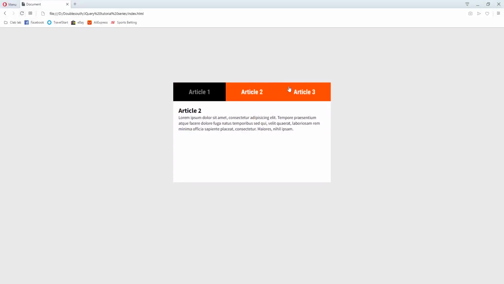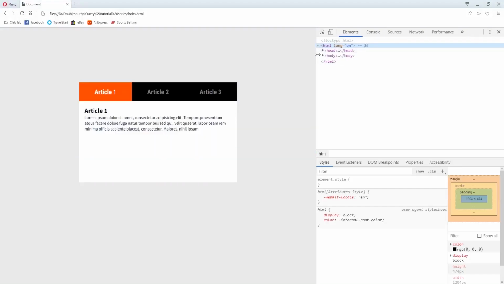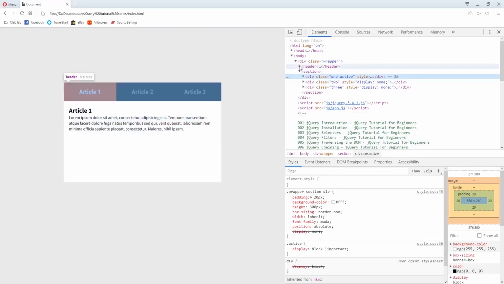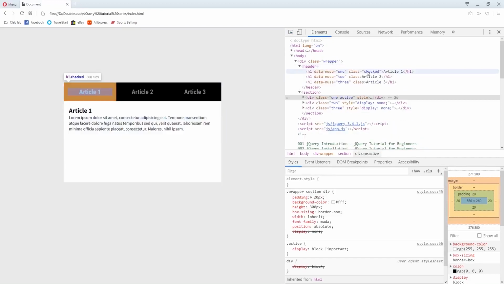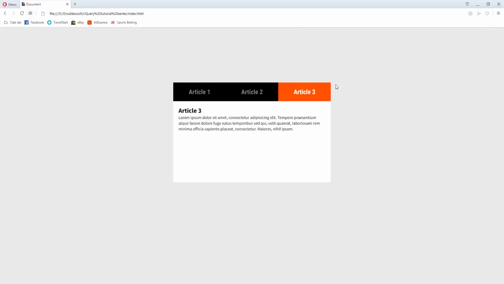So if I come here and inspect the element again, or just click somewhere here, you see it happen. This one shows checked, then article 1 shows active here. When you click on article 2, you see the checked enters article 2, and the active enters here. We click on this one, the checked enters article 3, and the active enters this 3 here. You see it happen. So simple like this. We don't use jQuery to create this tab pane.